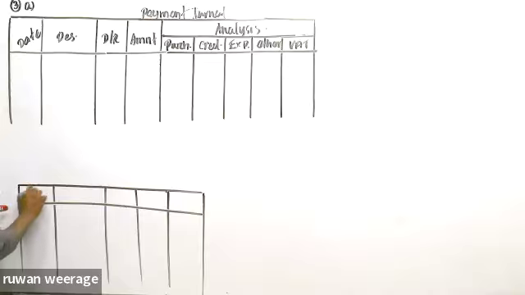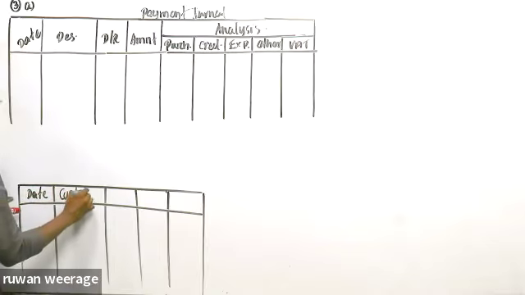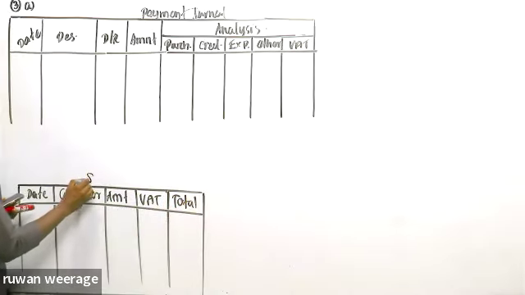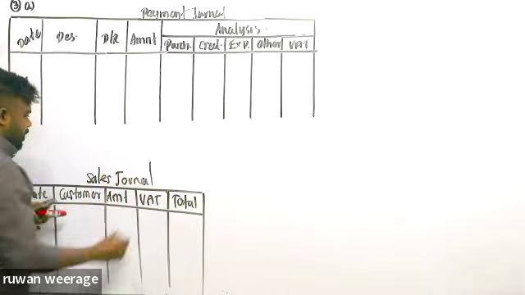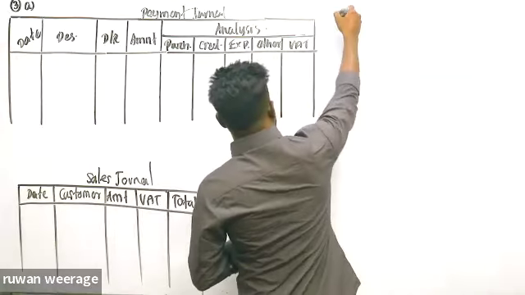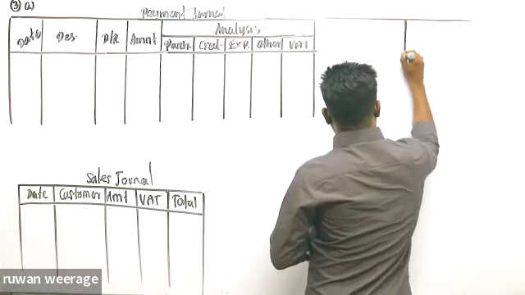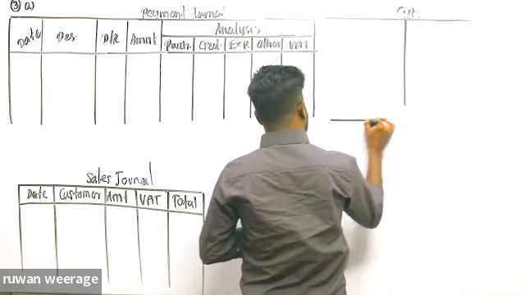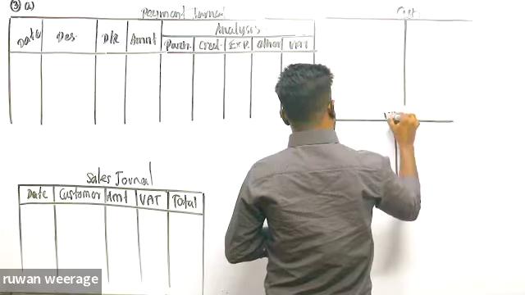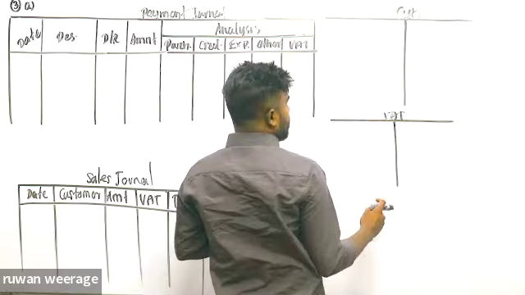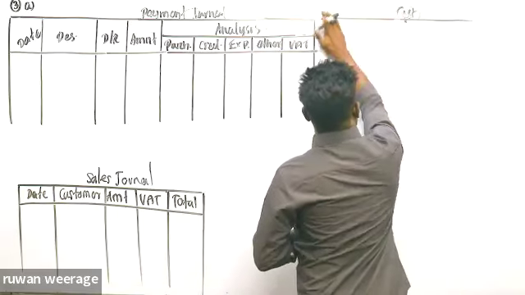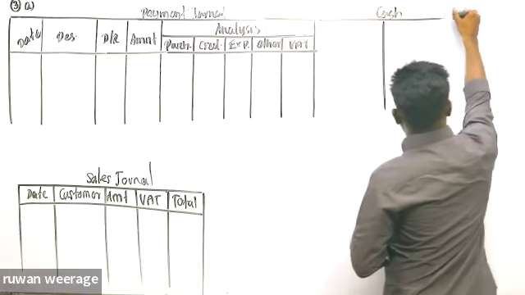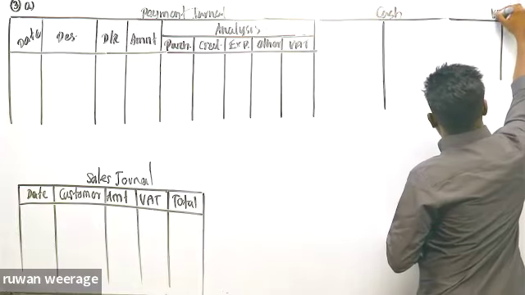And the question asks to prepare ledger accounts: cash account, VAT account, and debtor account. Cash, VAT,